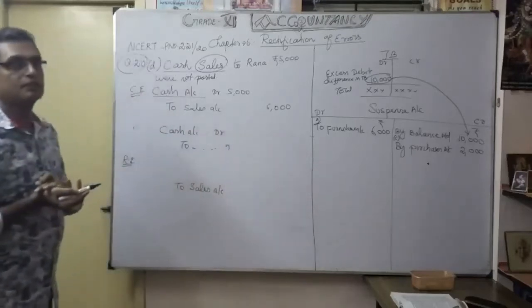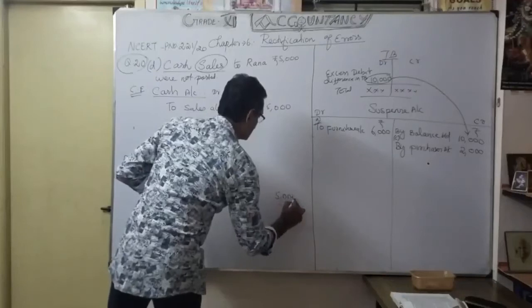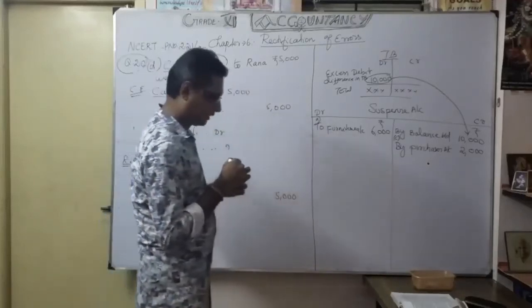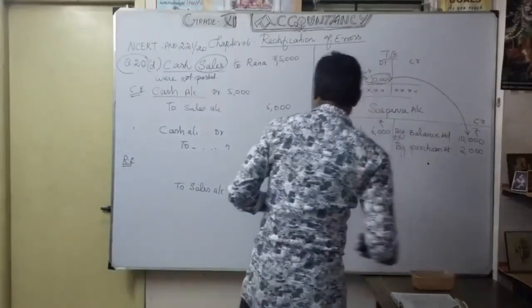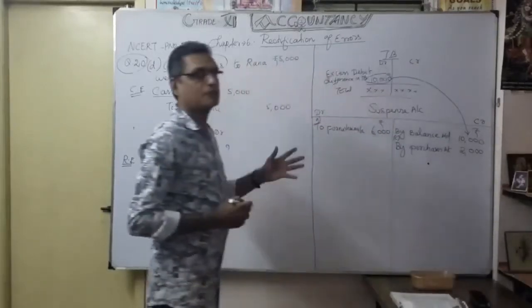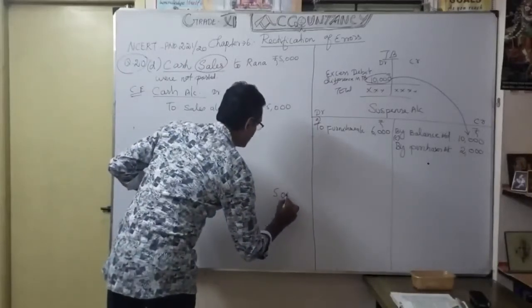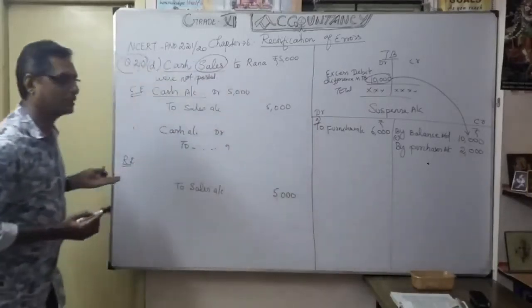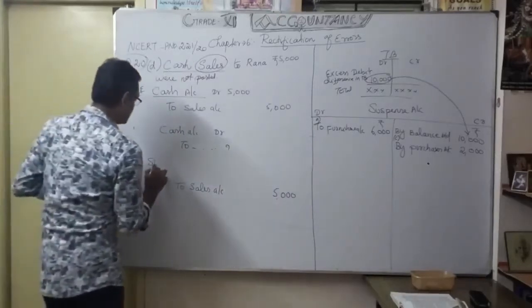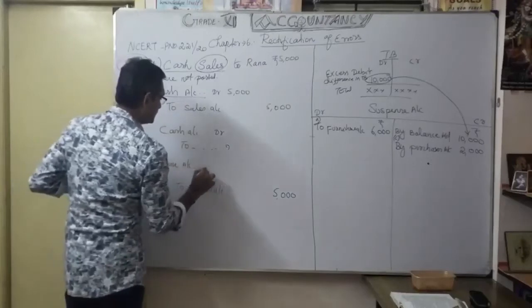Okay, to sales account. How much? 5000. That's what they have given. Now it is a one side error, so one side defect. So now we are going to consider the one side error. That's why you are opening a suspense account. So, to sales account 5000. What should be the debit, naturally, you know. So now we consider it as suspense account. You understood? Now the rectification entry.